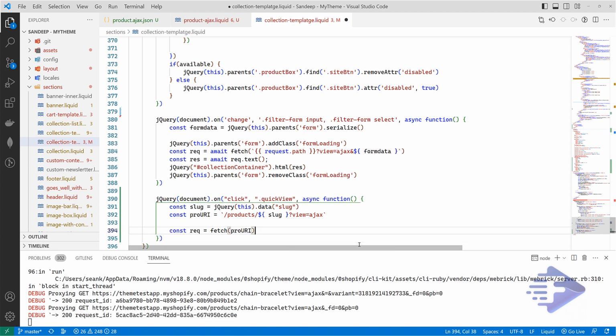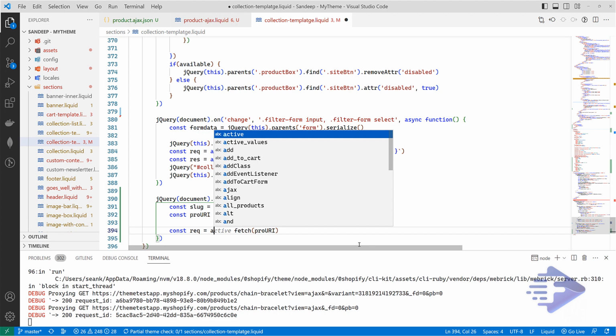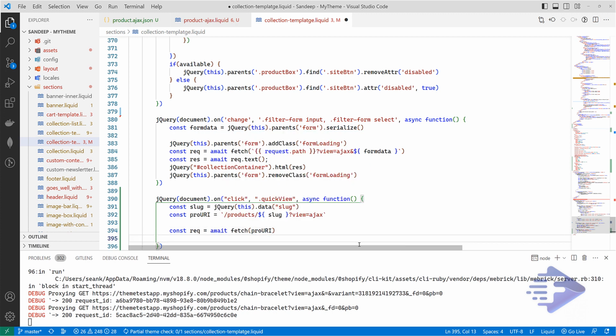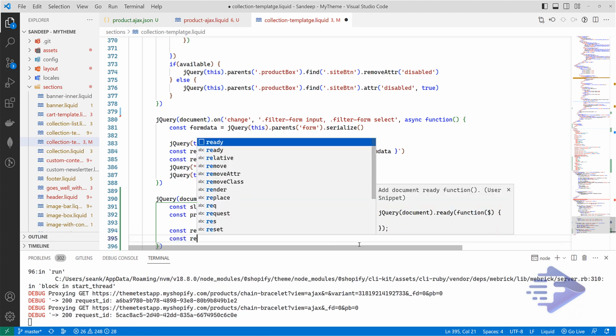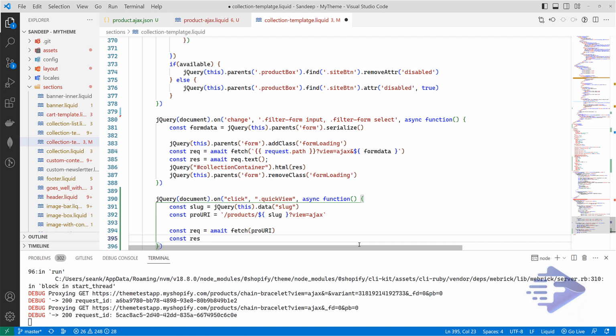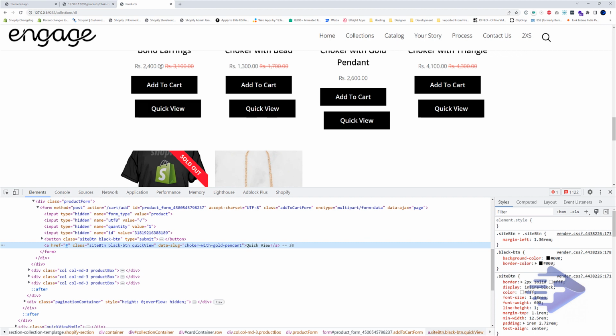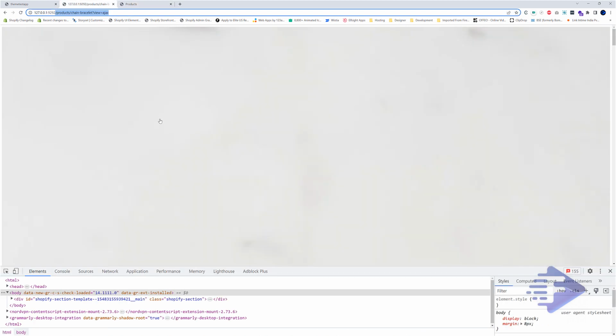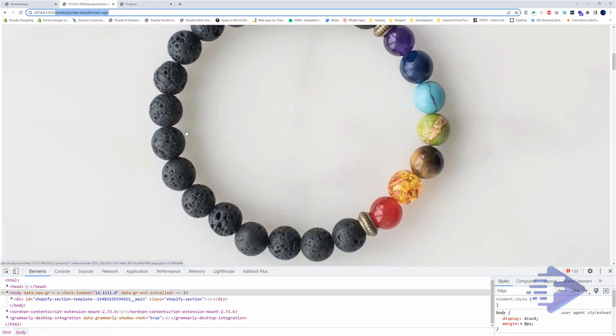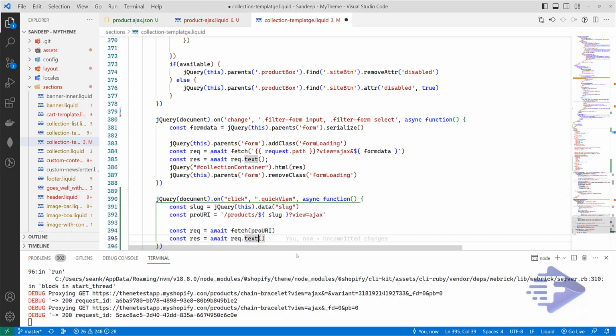And then oops, I forgot await, and then const response equal to await again, and this time will be request dot text. Why text? Because we have our view in HTML form, so for that we have to fetch our text.